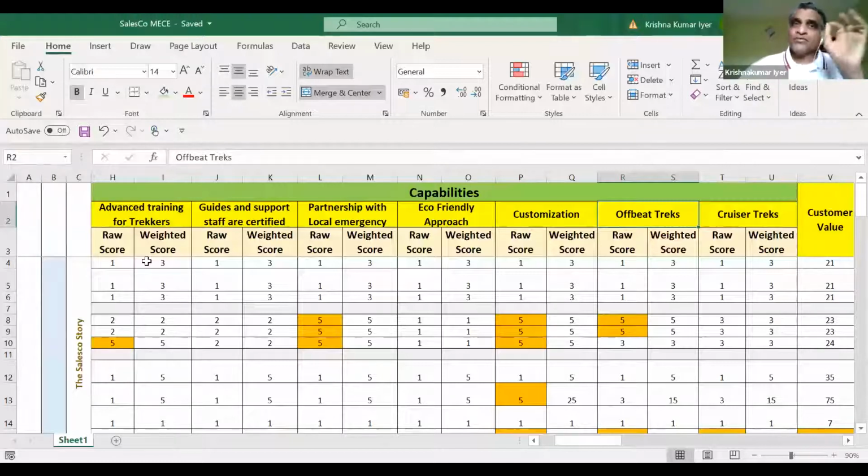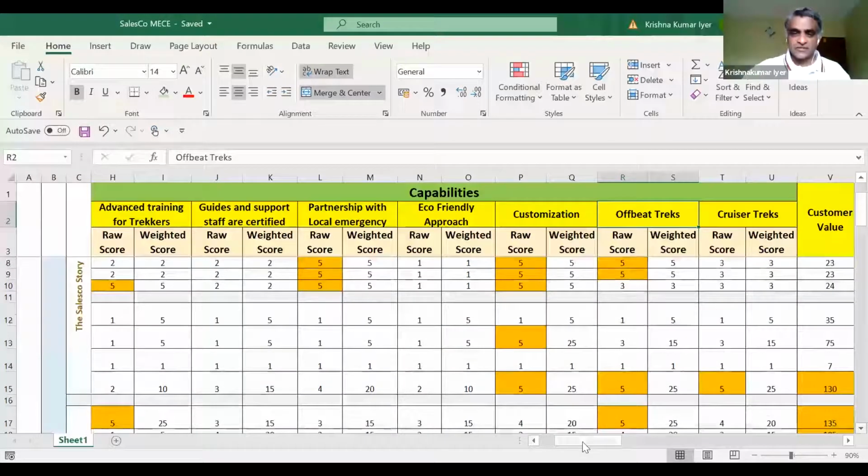What's next? Once you have identified your capabilities, you want to see how your capabilities help you address the issues on hand. Remember, one thing is that your capabilities mean nothing till it translates into how you resolve it as far as a client is concerned, and how it helps resolve a particular issue for the client and deliver benefits to the client. Only when the marriage of capability to the issue happens, that's when you are putting together something of value to the client. Okay, and this is exactly what we do through this exercise. I'll just give you an example.